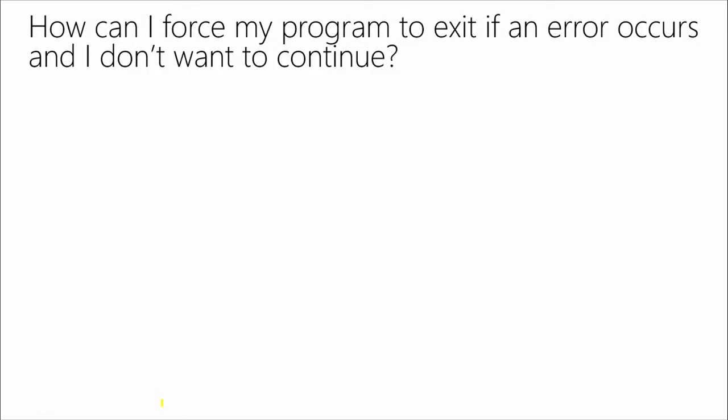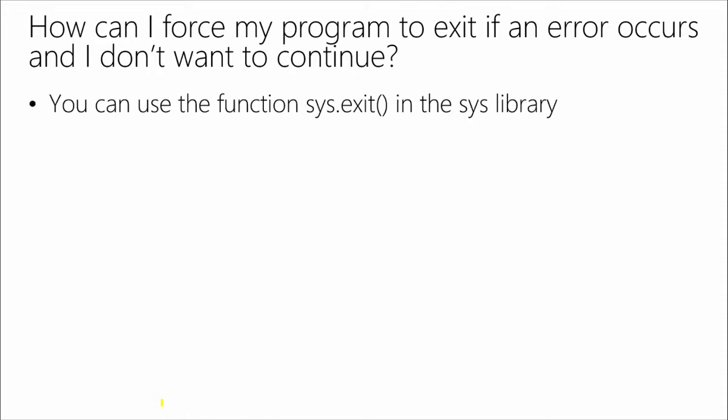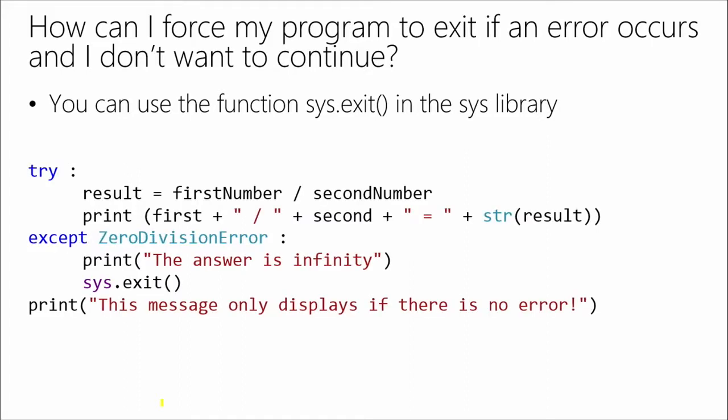Now, sometimes, though, when we're executing code, we do want to say, oh, wait, if that error occurs, don't keep going. Stop. So there is a function sys.exit, which you can use to say, get out. Or some people asked about raising exceptions. If you raise an exception, that'll also cause it to go, get out. That was actually the point that I was about to make, about raising the exception. Yes. So if you either call sys.exit, that's just a way of saying exit now. Or if you raise your own exception, which hasn't been handled, because if you raise an exception inside your except block, you haven't written code to handle the exception in the except block. Right. So that causes the code to go, I'm getting out.